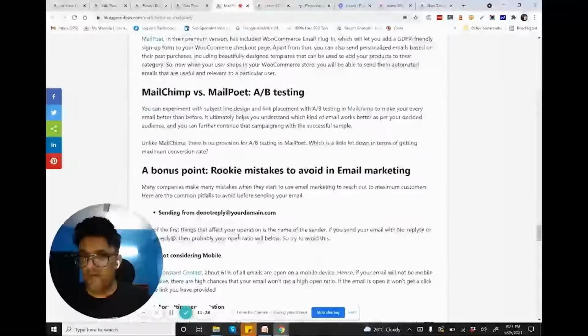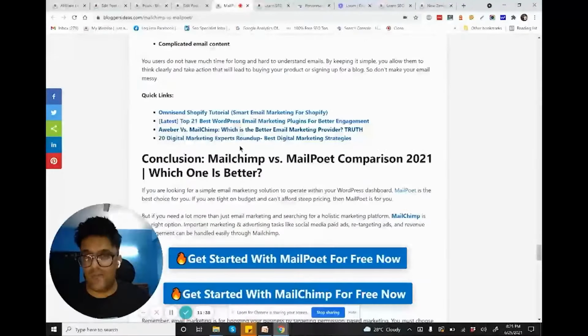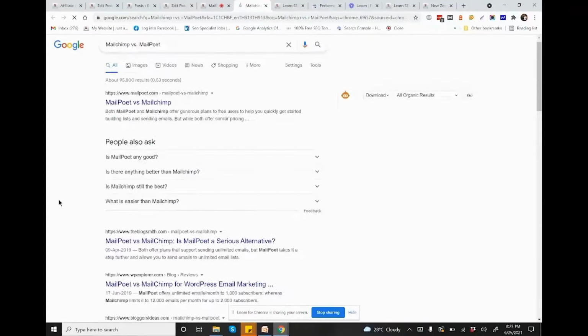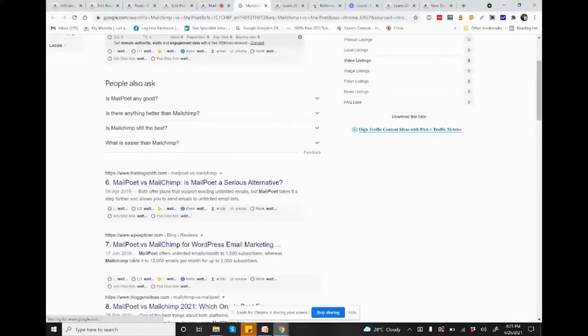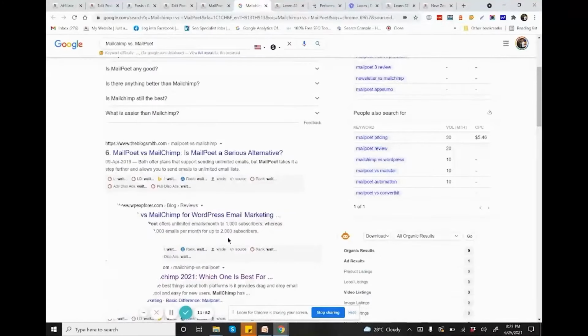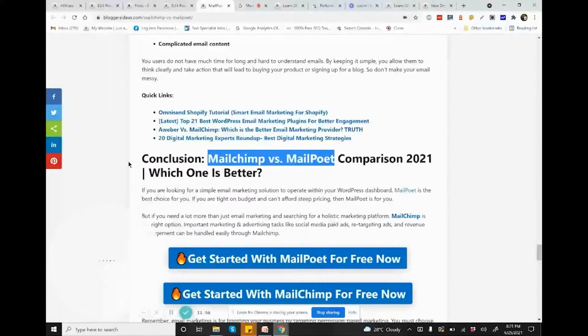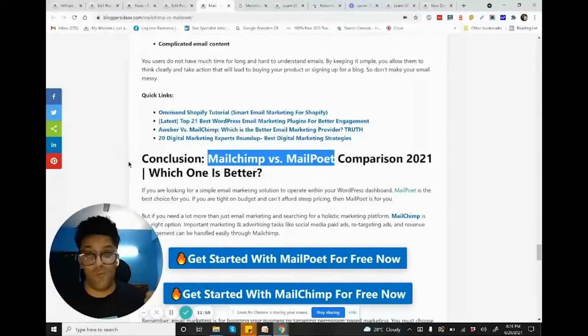I'm sharing the differences between the two. You can also see that in this post I'm doing interlinking. Interlinking is one of the major factors that helps you in ranking. Right now this post is ranking on the third or fourth position of Google. I'm showing you that it's actually ranking here. So why is it ranking? Because I have properly done optimization, and I have properly included internal links in my post.